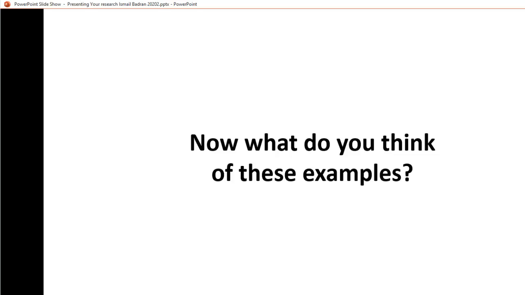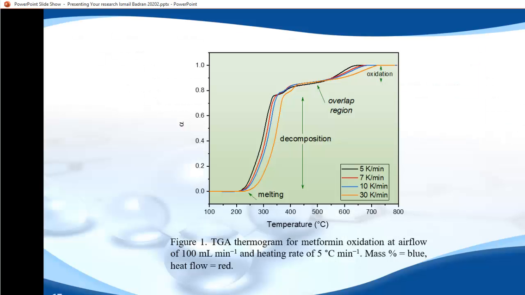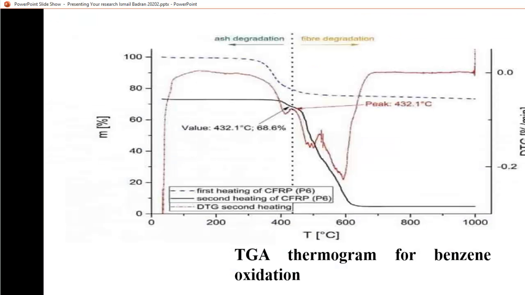Now, let's take these examples and think about them. I'm going to give you some of what I think are bad examples of presentations or PowerPoint slides, and you can tell the difference, actually. So this is, for example, a TGA, a thermogravimetric analysis thermogram from an actual paper. Okay, and if you compare it to the next slide, this is a thermogram that I made myself in one of my papers, and you can see the difference here. There's a huge difference in terms of the format, consistency, the beauty, the colors,